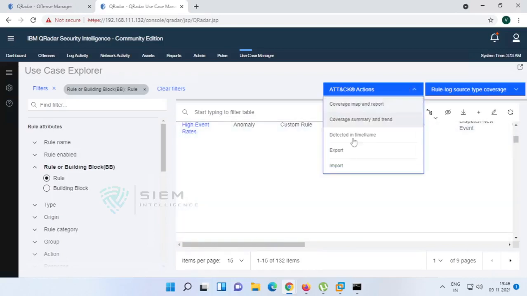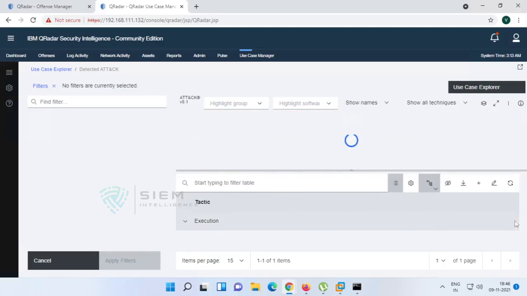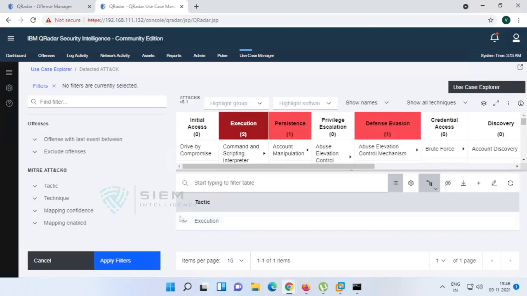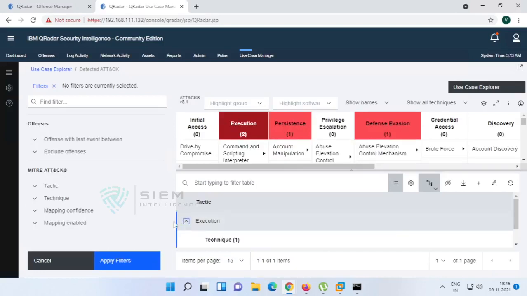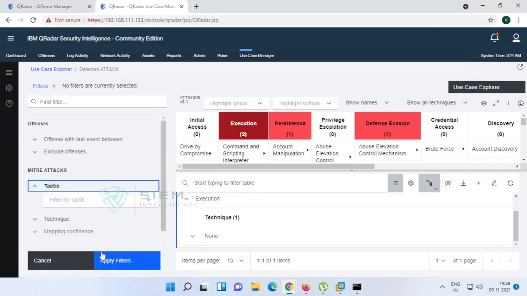If I do and check, there is one technique. It is not showing, basically. It should.